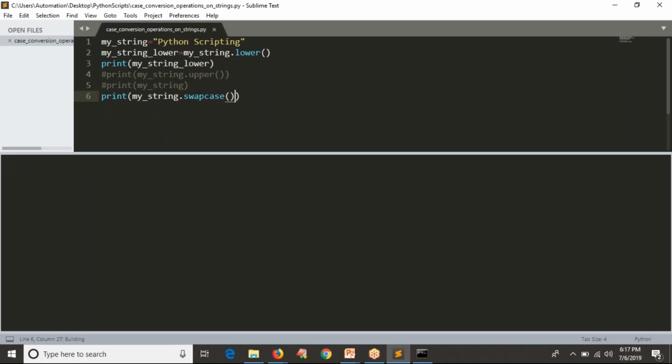Observe the last output, what you are getting: lowercase into upper, uppercase into lower. That's it. But once again remember that whatever dot operation you are performing is not going to disturb your original string. Only while printing it is modifying. So if you want to capture the swap case result, you can store this result into some variable like in your second line, right? So this is swap case.